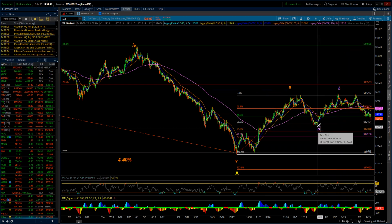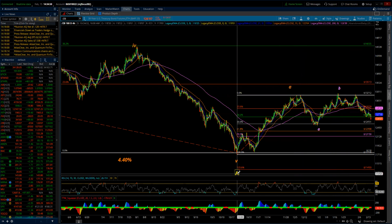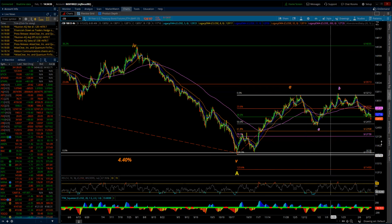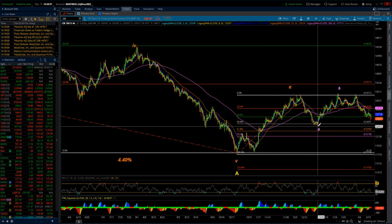So let me just kind of go over this picture. We have A and then an A and a B, and I'm looking for a C wave. Again, 4-hour chart. We have already a low at 124.11 that remains important in terms of the short-term picture and maybe how deep this particular internal B wave could go, and how that fits with, because we have some external discussion, talk, rates, interest, et cetera, that the Fed will not necessarily